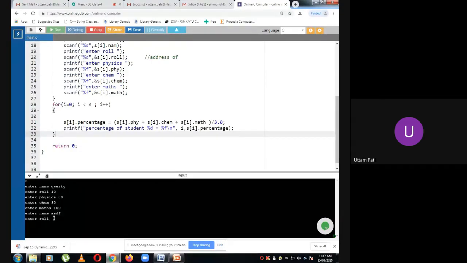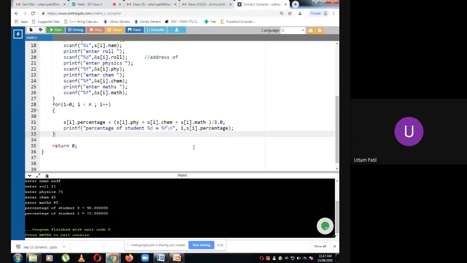Roll number, let me write 11. Marks in physics, let us say 75. Chemistry is 65. And maths is 85. Let's score more in maths. You can see that the percentage of student 0 is 90. Percentage of student 1 is 75.